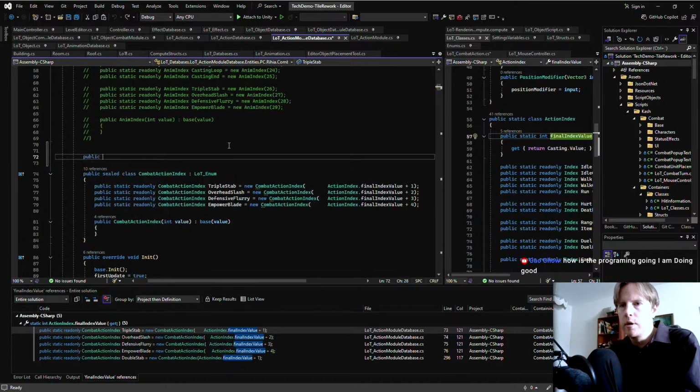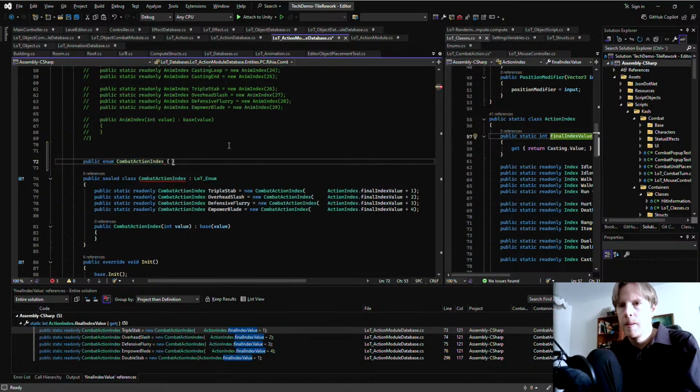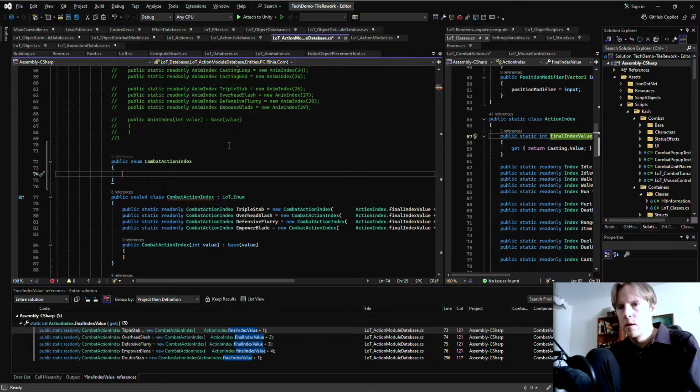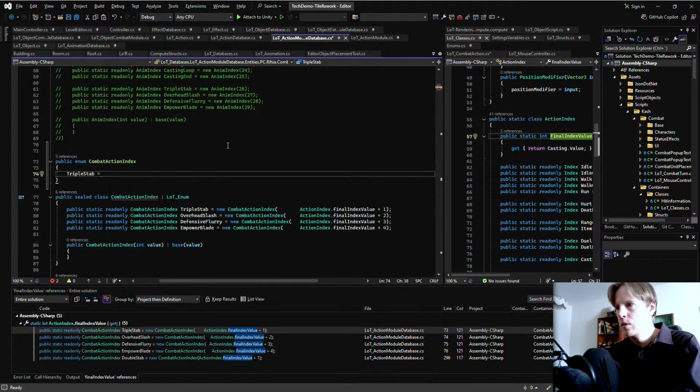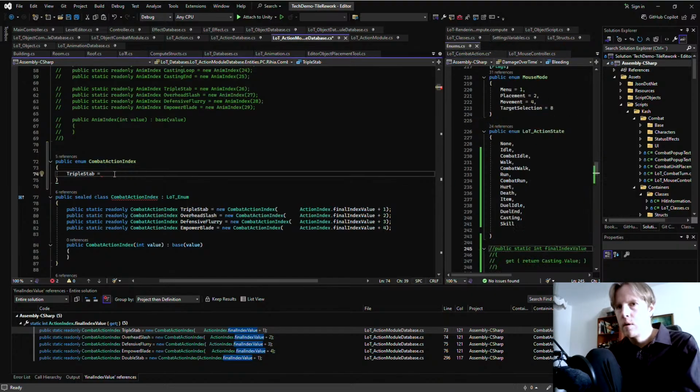But this should just be a public enum combat action index. Triple stab equals LOT action state dot skill